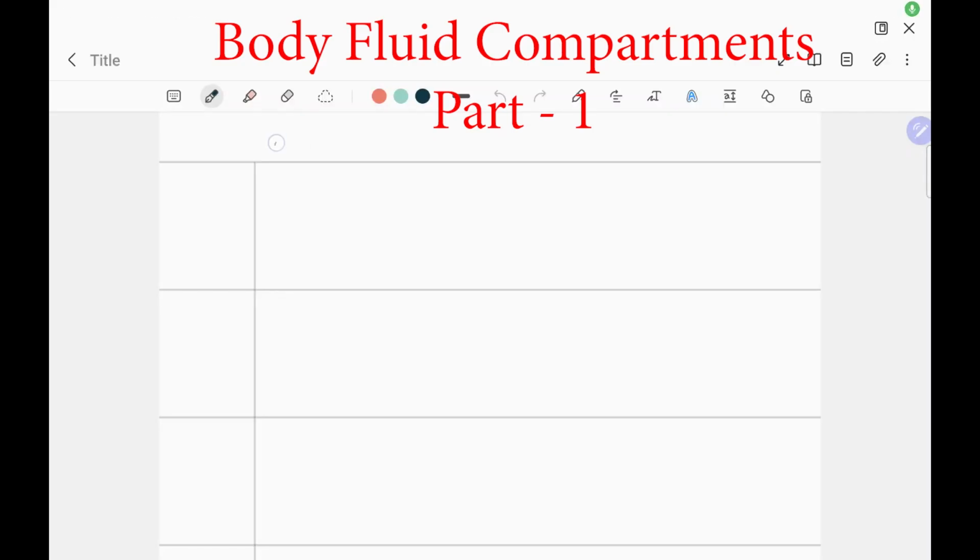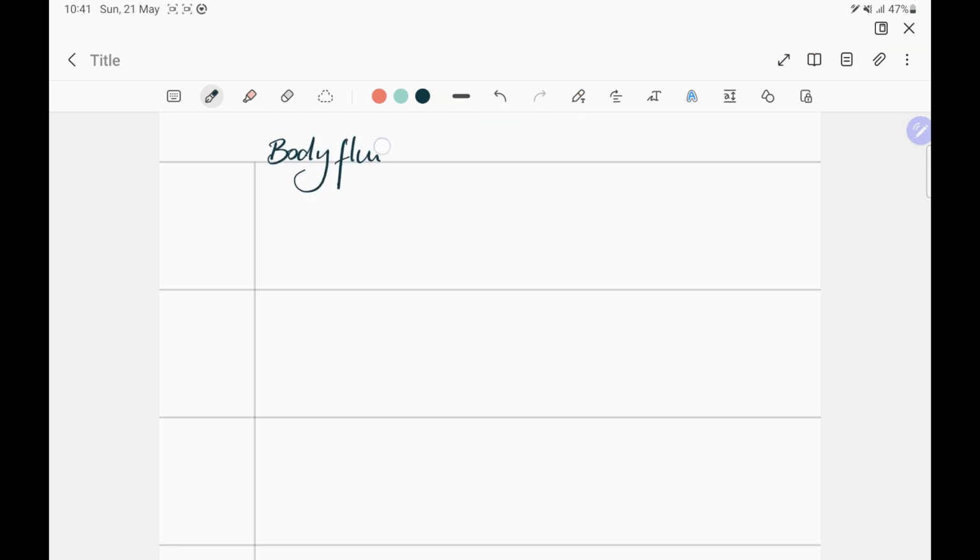So now let's continue with the next topic, which is body fluid compartments. This is a very important topic. Without water, there's no life, right? It's the medium that allows all reactions that allow life to take place to happen in. So for that reason, we are on average 70% water.